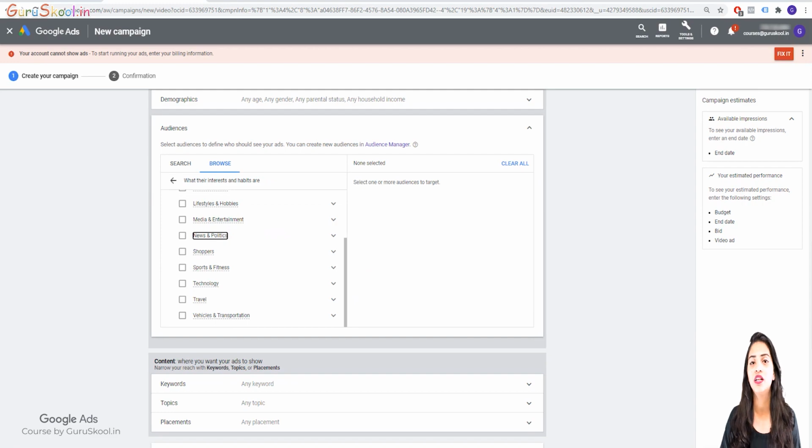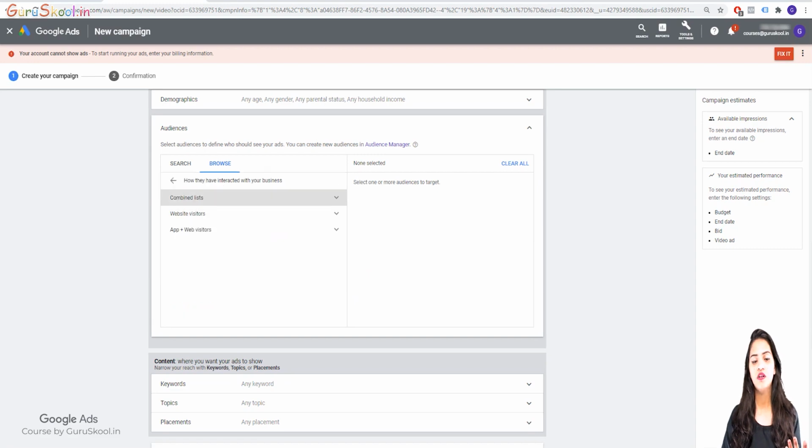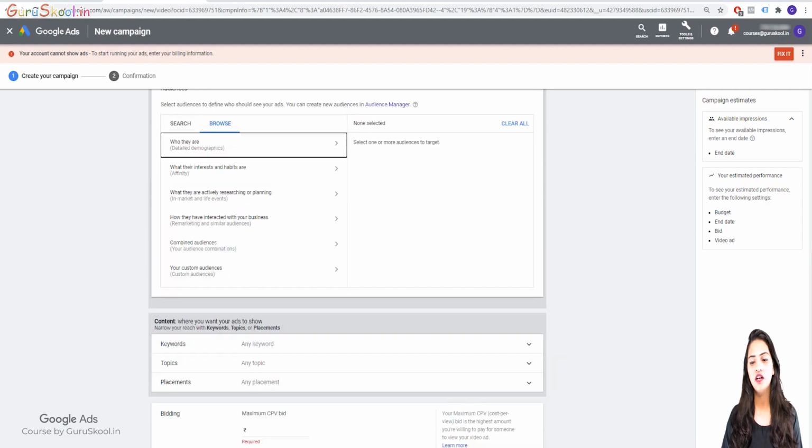Similarly, affinity, what does that mean? Those audiences who have a long-term interest in these kinds of features. Then we have remarketing and similar audiences. This is what we have learned about. And then we have your audience. We can create our custom audiences, like a combined audience. And then we have custom audiences. This is what we have learned. And then we have our